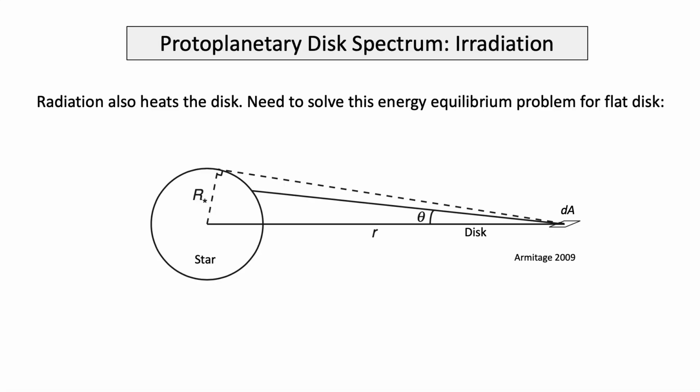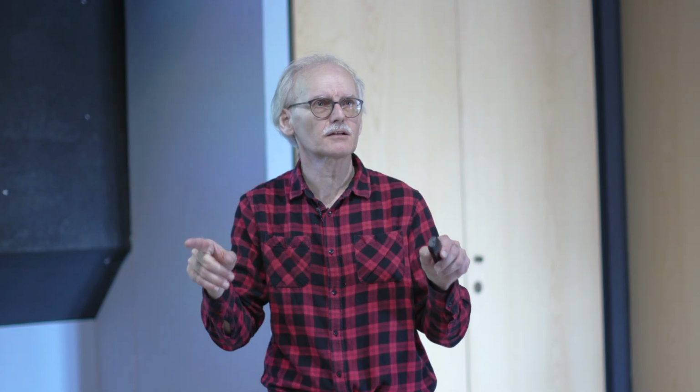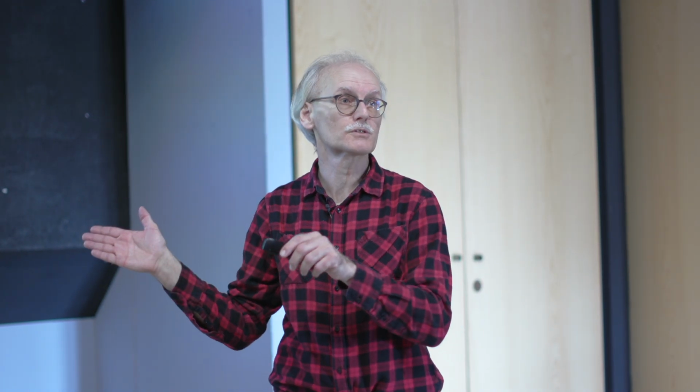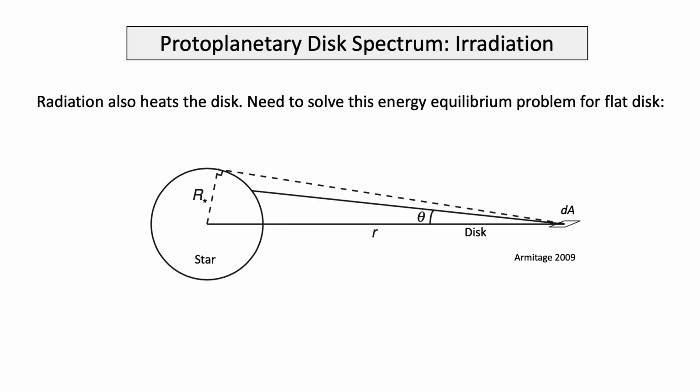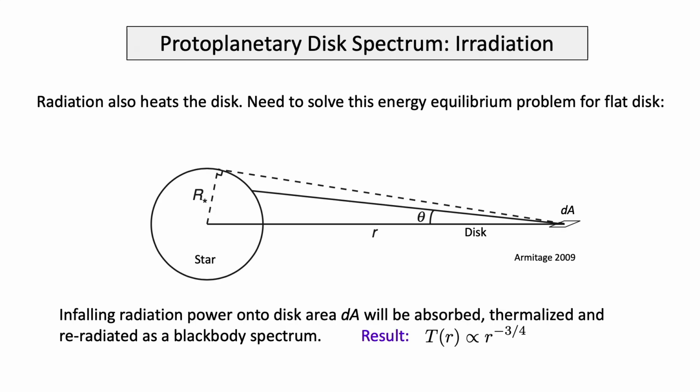While the incoming light can be optical light, the outgoing light corresponds to the temperature of the dust. And so it will be a Planck spectrum, and that can be mostly in the infrared, because the temperature of the dust will not be the same temperature as the star has in the photosphere. So this can be calculated analytically. It's not very difficult. And you find that the temperature decreases with distance as about r to the minus 3